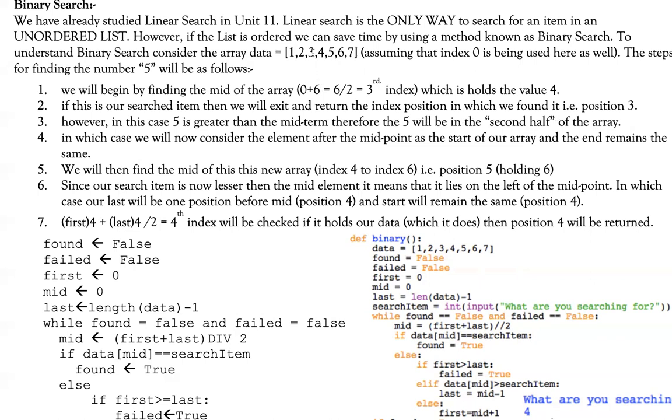So now we are no longer concerned with this part. In fact, we're not even concerned with this part as well, because we already asked this question, is this my desired element? No, it's not. So that means 5, since it's greater than the midpoint element, the element that I'm looking for is greater than the midpoint element. So that means now I will no longer consider this as part of my sample or my data size. I will focus on this side only. Okay. Now, in which case we will now consider the element after the